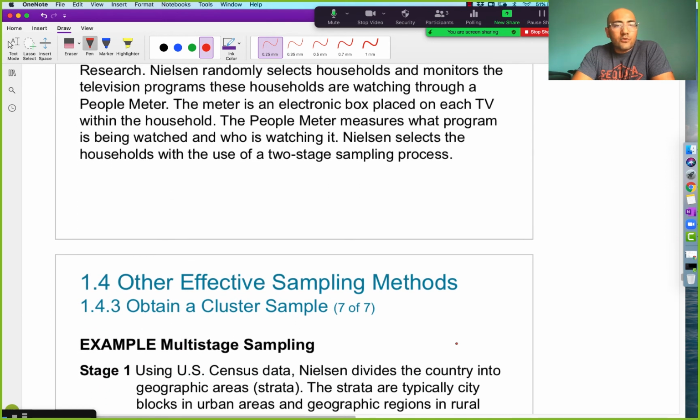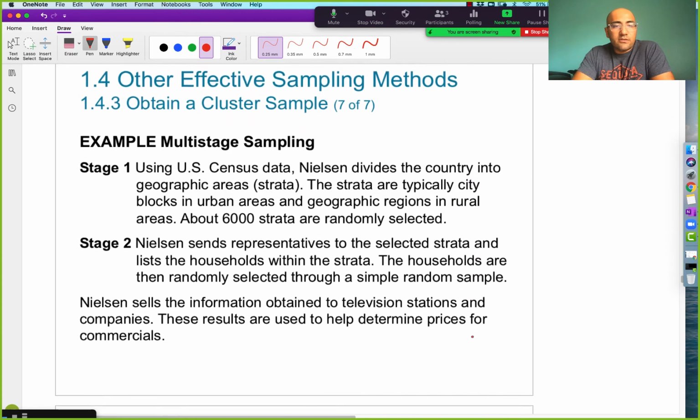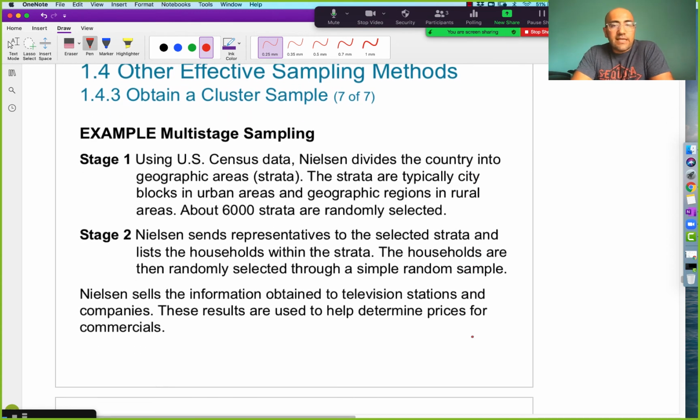Nielsen selects the households with use of a two-stage sampling process. Stage one, using U.S. Census data, Nielsen divides the country into geographic areas, strata. The strata are typically city blocks in urban areas and geographic regions in rural areas. About 6,000 strata are randomly selected. Okay, so they subdivide the whole country into little groups based on whether you live in an urban area, whether you live in a